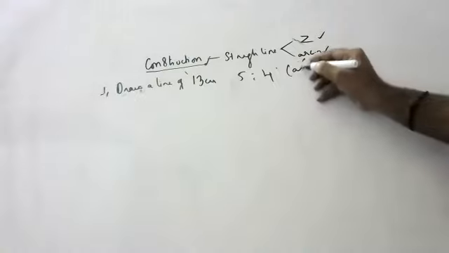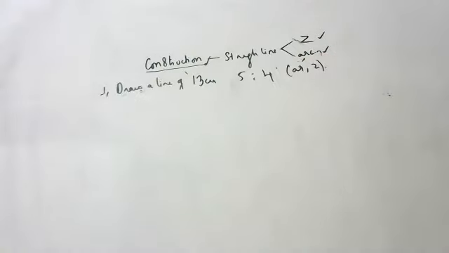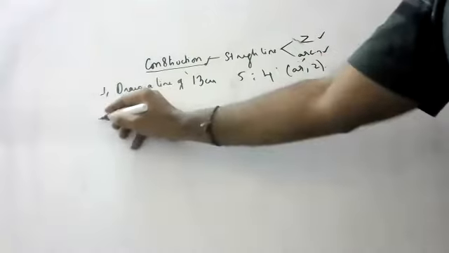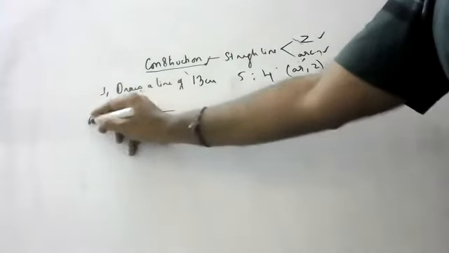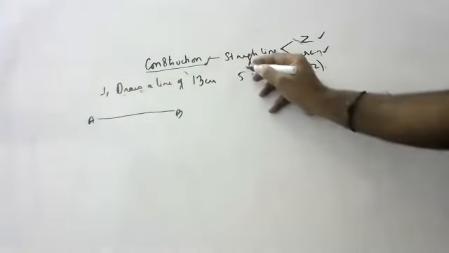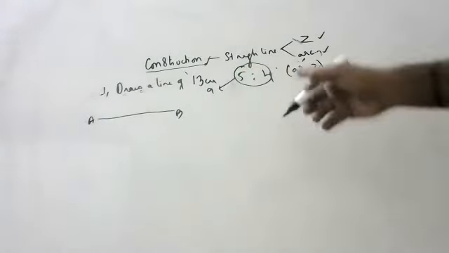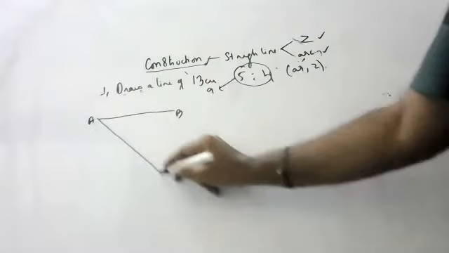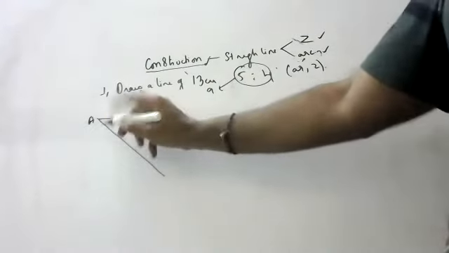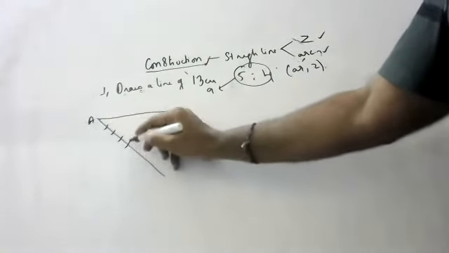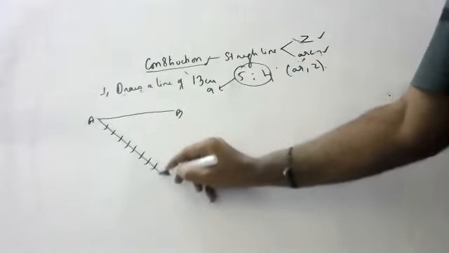In arc method and in Z method, I will say, please try to understand. No rocket science is involved here. Very easy. Draw 13 centimeter. In arc method, 5 plus 4 is how much, children? 9. Draw some acute angle. Divide into 9 equal parts with equal radius: 1, 2, 3, 4, 5, 6, 7, 8, 9.